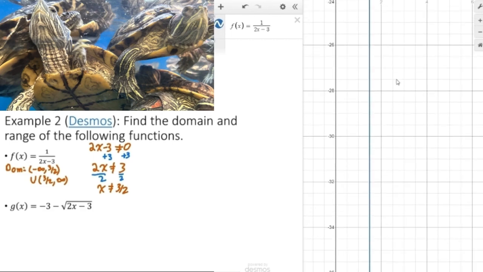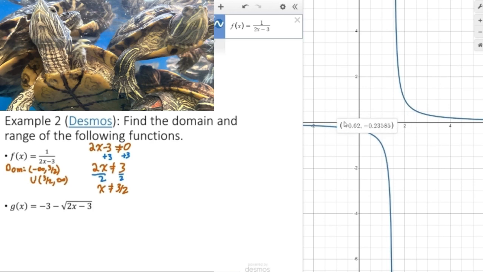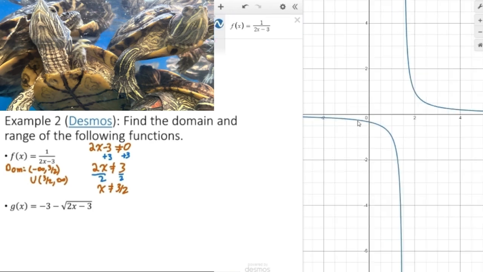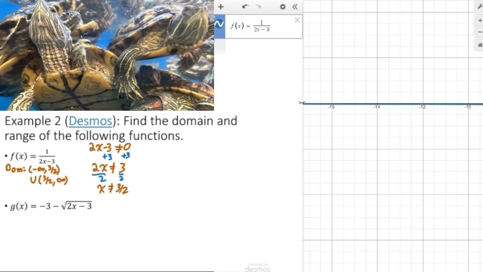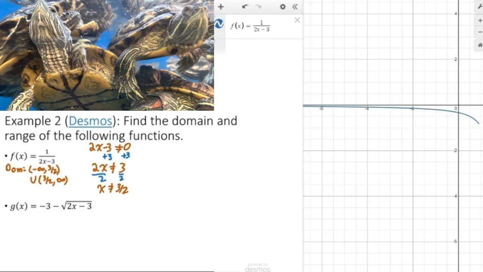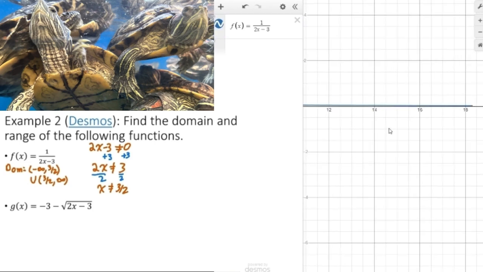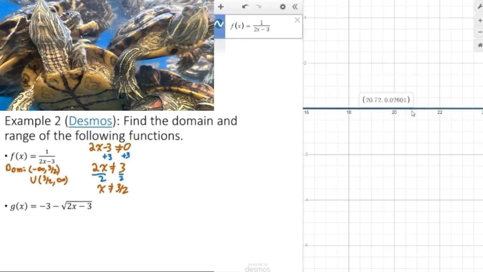Well, if I keep scrolling my graph down, you can see that I do tend to go down forever. But what's interesting is at 0. Notice how at y equals 0, my graph never actually crosses as I move left. And if you trace along, notice how all the y components are negative, but getting closer and closer to 0. Same thing goes if I go to the right. If I trace the points on the right, notice how I'm getting closer and closer to 0, but my y values are staying positive. This tells me my graph cannot cross the x-axis,